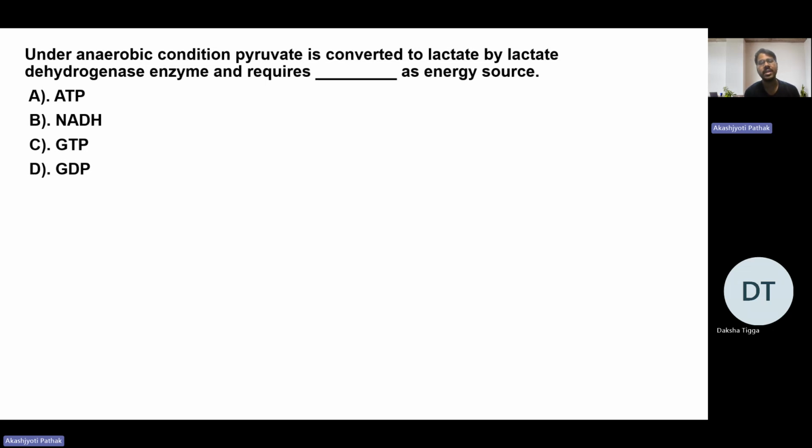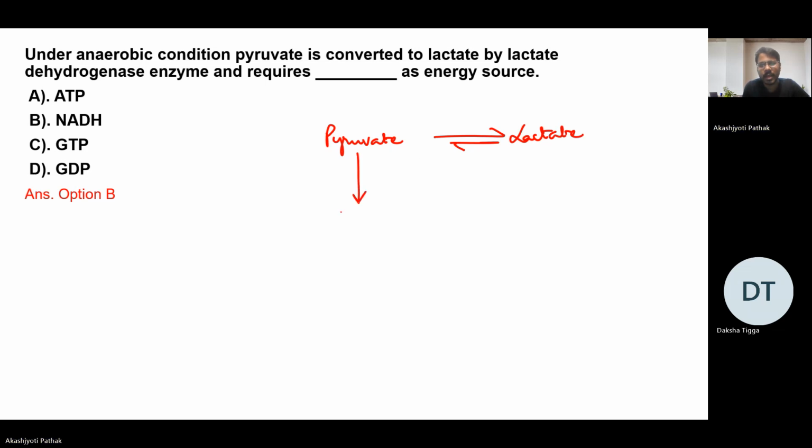So the answer is NADH, isn't it? In both of these steps, either pyruvate getting converted to lactate, or pyruvate getting converted to acetaldehyde, followed by acetaldehyde being converted to ethanol,